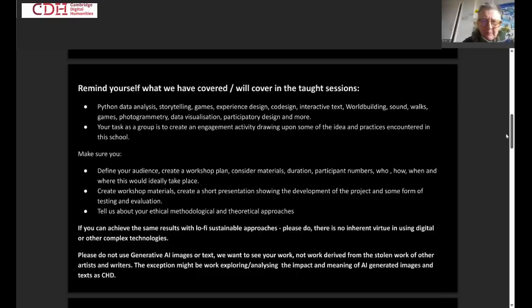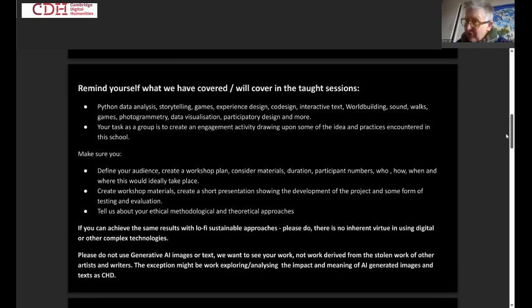If you can achieve the same result with low fidelity, sustainable approaches, please do. There's no inherent virtue in using digital technologies or complexity just for the sake of it. So if you can do something with cardboard, do it. That's not a problem. We don't want you to use generative AI images or text in this project, unless your